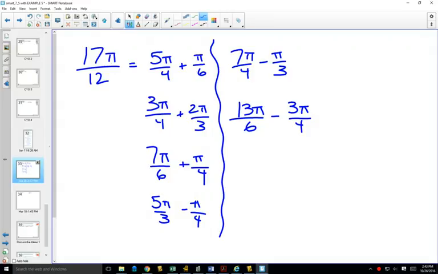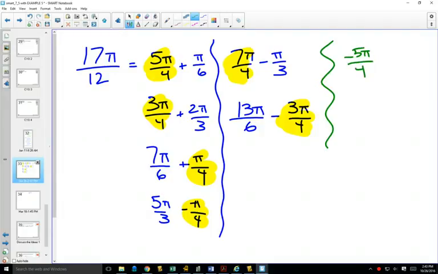In fact, if we were highlighting those pi over 4s, here we got 1 pi over 4, 3 pi over 4, 5 pi over 4, 7 pi over 4. We have negative pi over 4, negative 3 pi over 4. Can you tell a pi over 4 we haven't used? We haven't used negative 5 pi over 4. Okay? So over here, negative 5 pi over 4, that's the same as